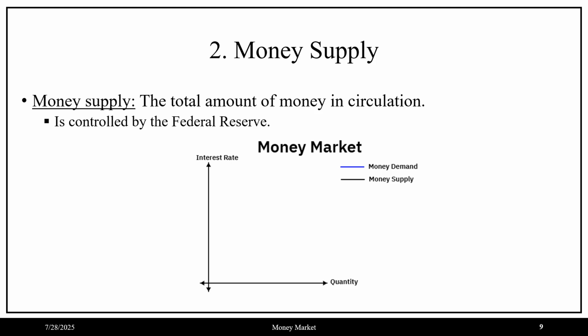Now, moving on to money supply. This is the total amount of money in circulation. So this is controlled by the Federal Reserve. This is all we need to know for right now until we have our formal discussion on money and money markets when we go about monetary policy in the last third of the course. Well, the Federal Reserve controls the amount of money in circulation, and this makes it independent of the interest rate. Therefore, this is going to give us a vertical money supply curve,